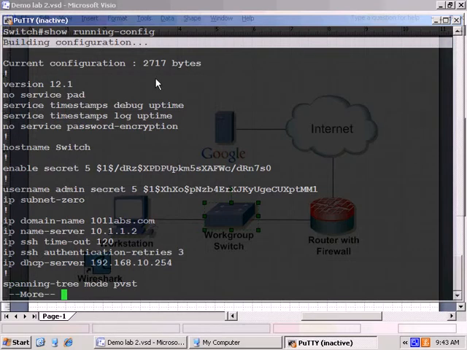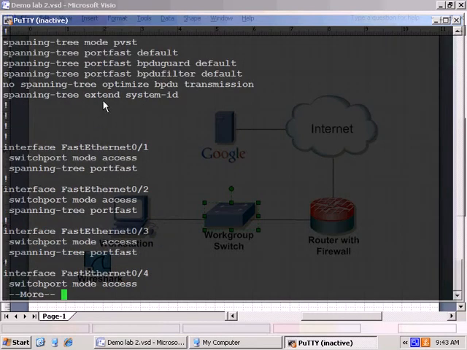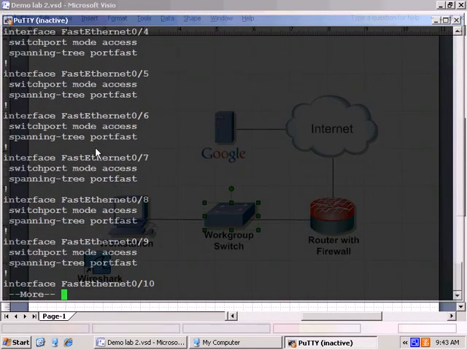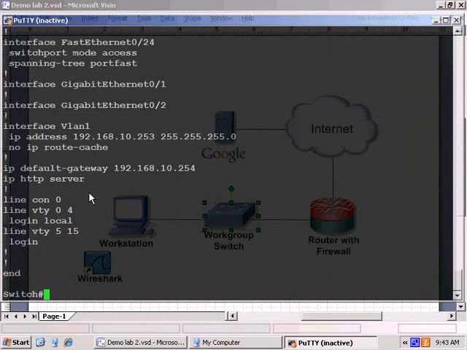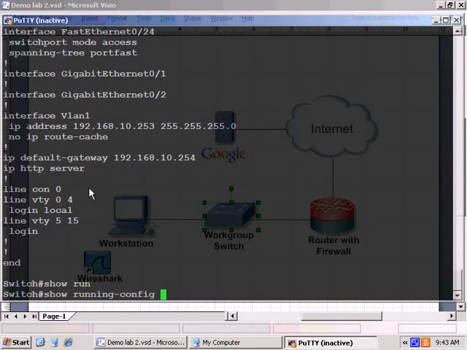Shows us our configuration is 2717 bytes, host name is switch, and we have secret passwords and a bunch of stuff currently set. Now these are all the things that I've set previously so I could do the last lab that we did, jumping around to Google and using Wireshark and so on. So I've got a bunch of things already pre-configured on this device. Okay, so that's the show run command. And I usually talk about it as a show run, even though the full command is show running-config. The other command would be show